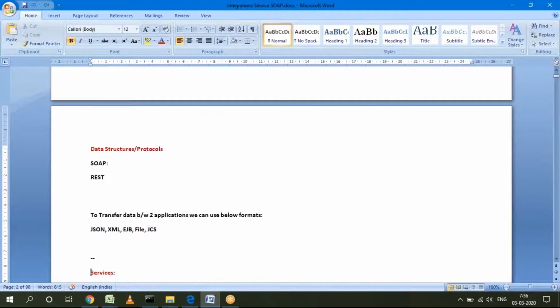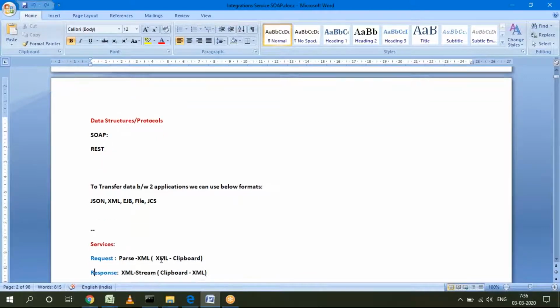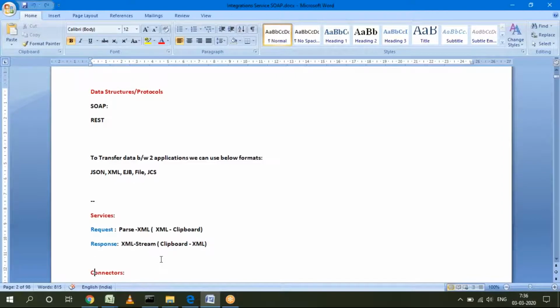Mainly, in 90% of the applications we'll be using SOAP and REST. In old versions they'll be using some other protocols like MQ and all. But in the latest versions, we are using only SOAP and REST, the most secure protocols which we are going to use. So in order to communicate between application, Pega, and other applications,